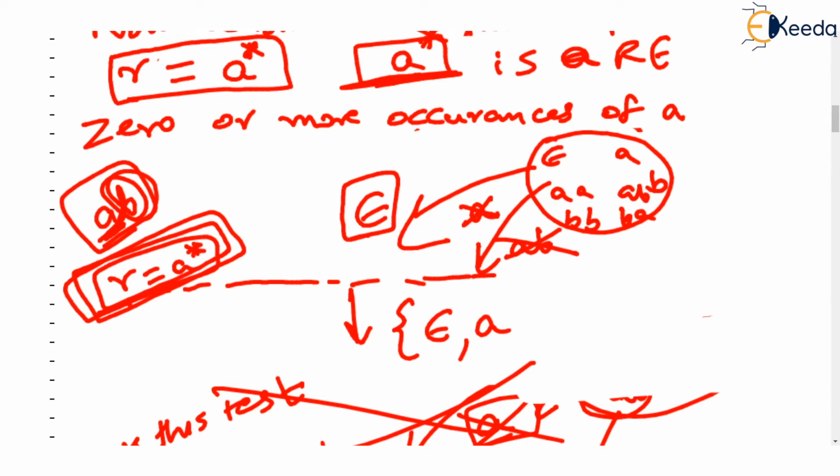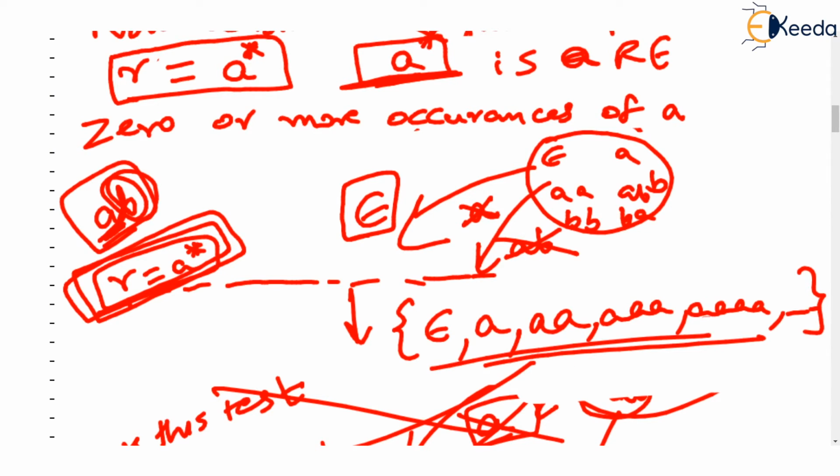So which strings will be finally accepted? Double A, triple A, 4 times A, and infinite such strings will be accepted. Are you following? So if we continue this discussion,